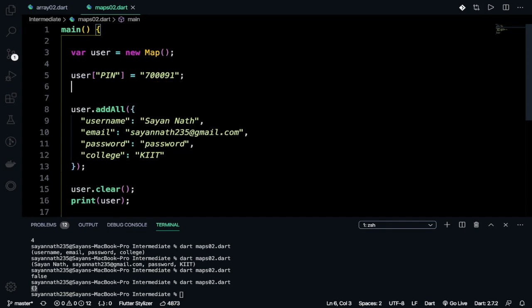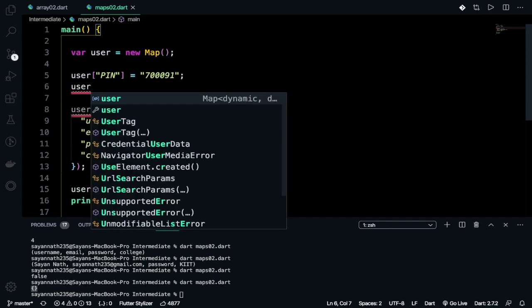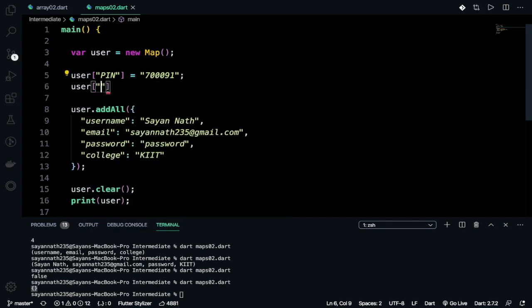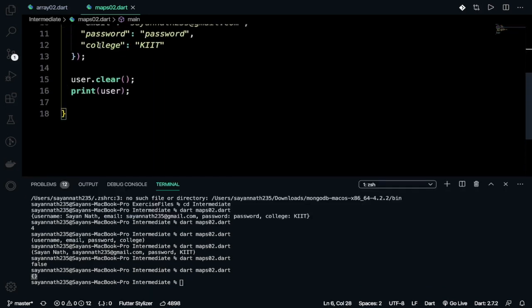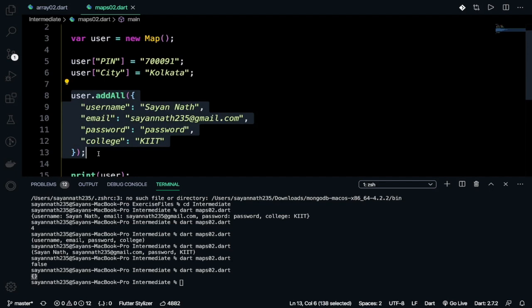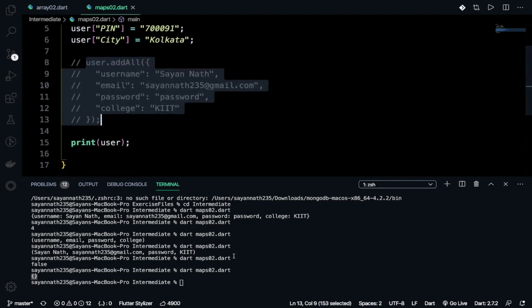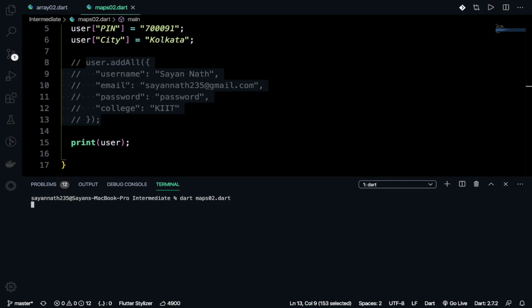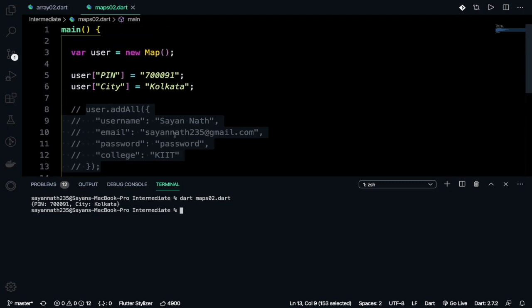Then user city equals Kolkata. Let's remove this because it's a very used function, and comment it out. So I should get pin and city there. Let's clear the terminal and hit enter. See, pin 700091 and city Kolkata. This is how you can do operations in maps.